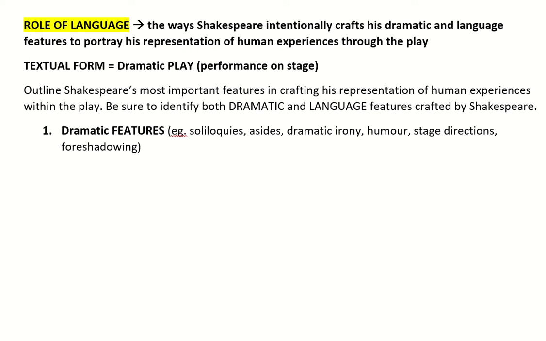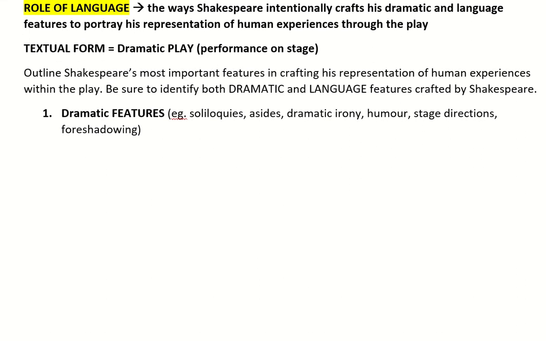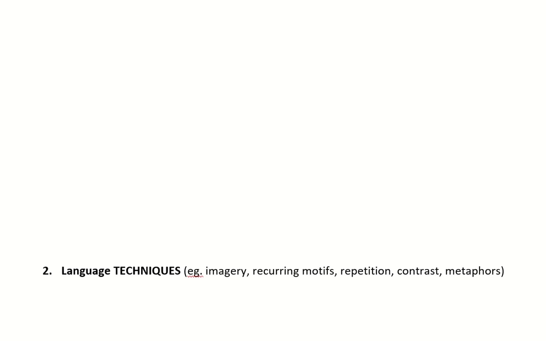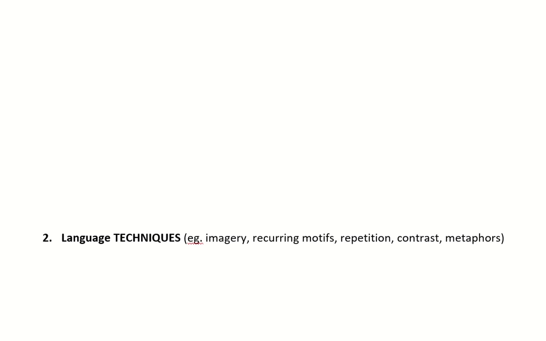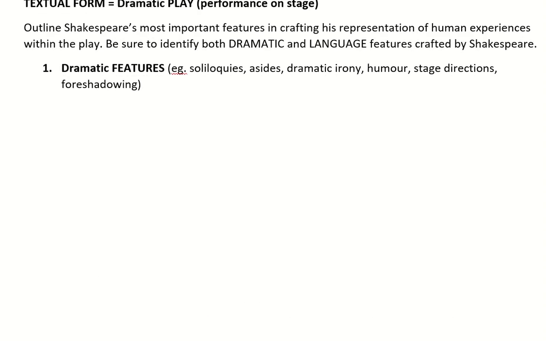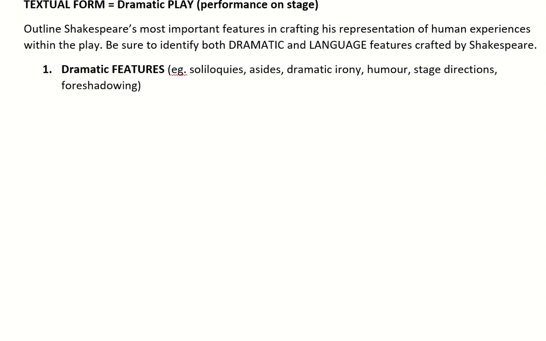You've got to be able to consider some of the elements around the performance, remembering that Shakespeare has really crafted this text as a performance on a stage for his audience. So what you're looking at here is identifying some of the most important features within both the dramatic crafting and the language, the written crafting of Shakespeare. So what I would suggest you do here is, just for yourself, have some key points planned in summary around,